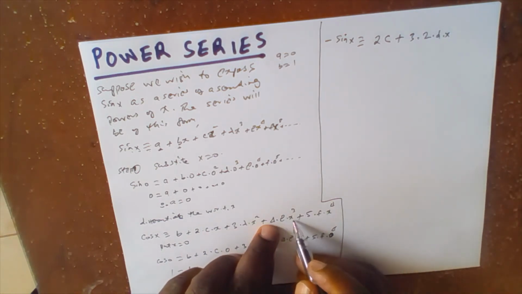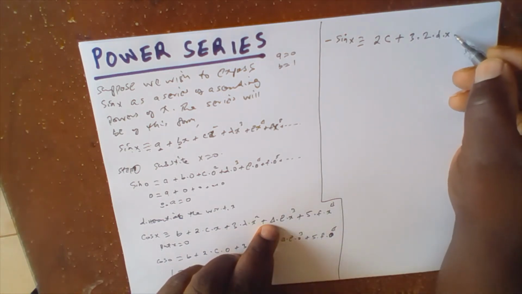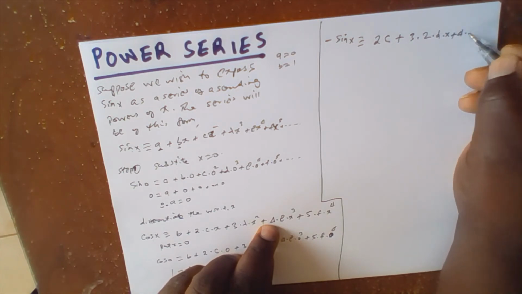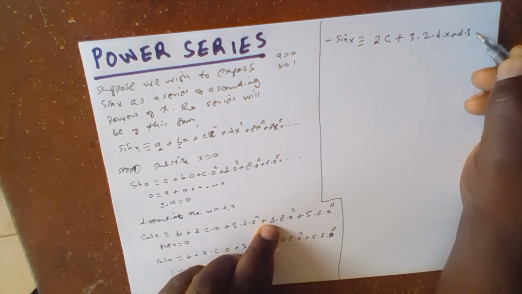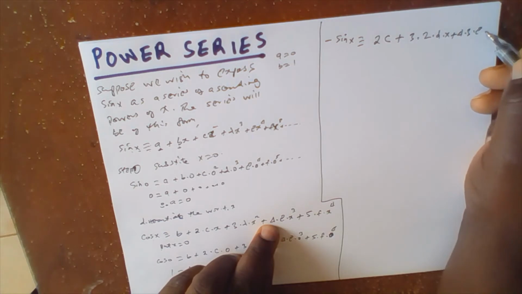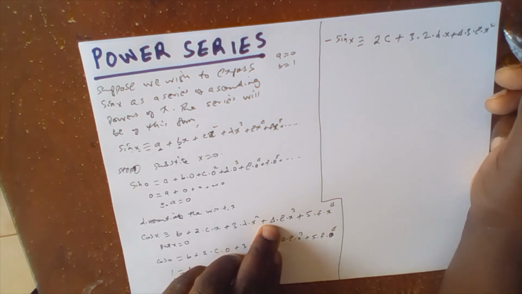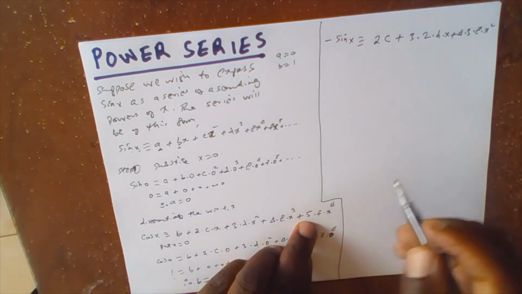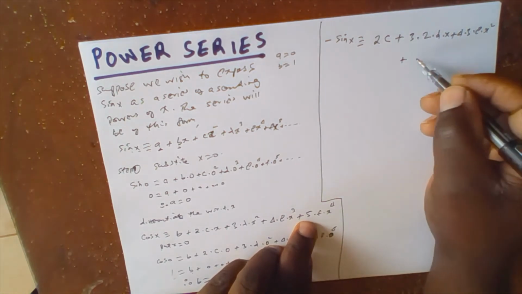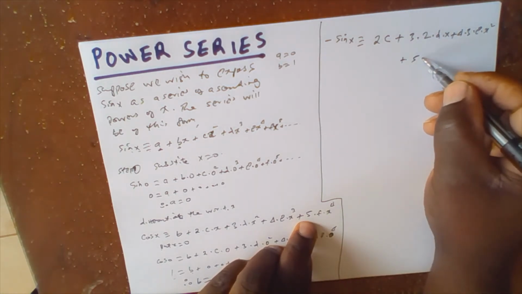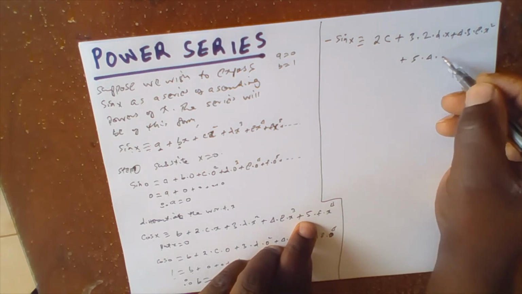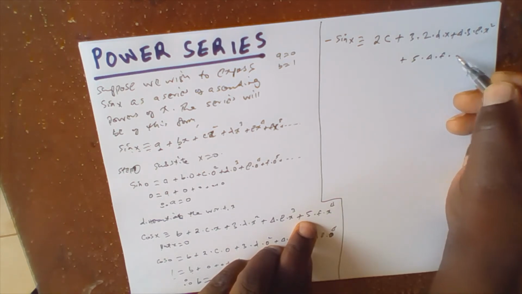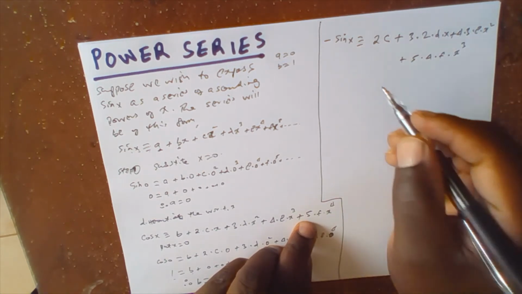When you differentiate x cubed, here we have plus 4 times 3 times e times x squared. When you differentiate x raised to 4, here we have 5 times 4 times f times x cubed, and then we put